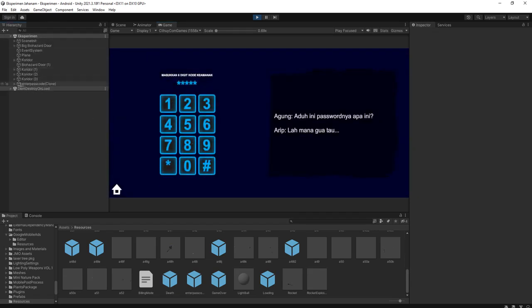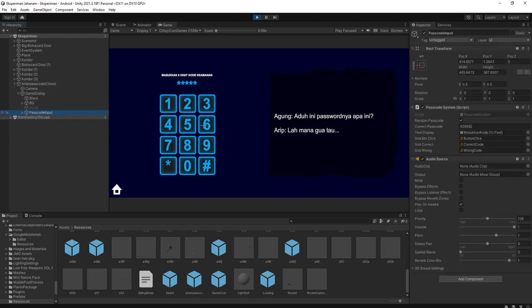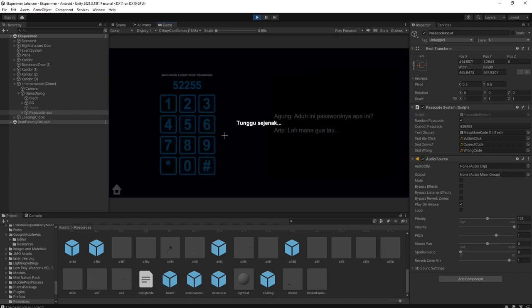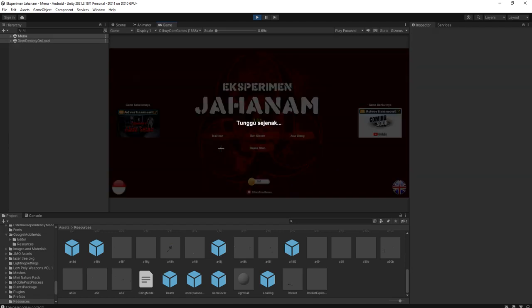And let's check this object, the passcode input. Now the correct passcode is 429492. So I will go back, I will exit the game and replay it,